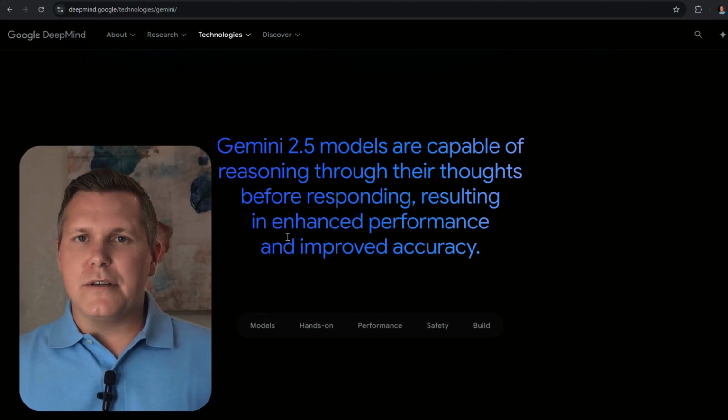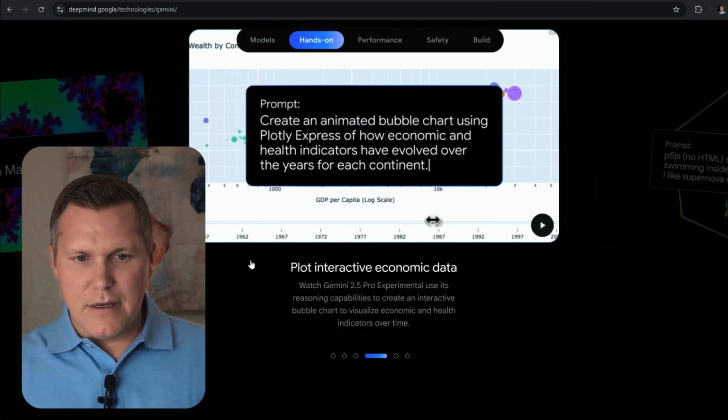Google just did it again. They just released Gemini 2.5 Pro, and it's being said that it's crushing the other models. Let's take a look at some of these benchmarks here. So,